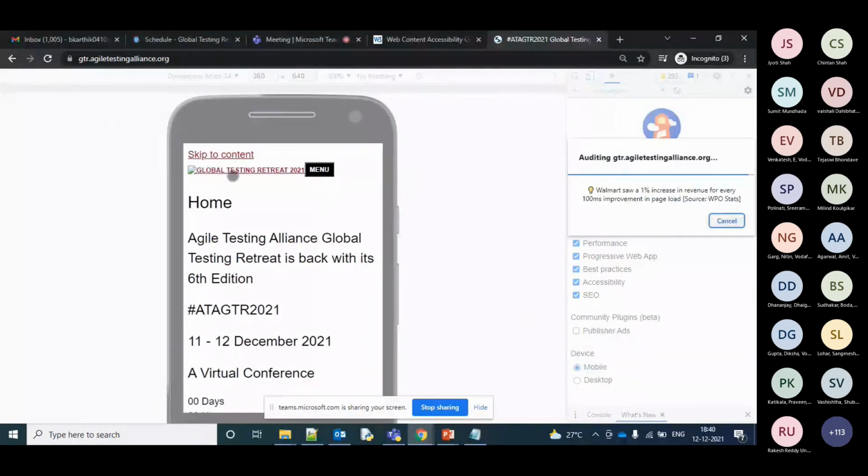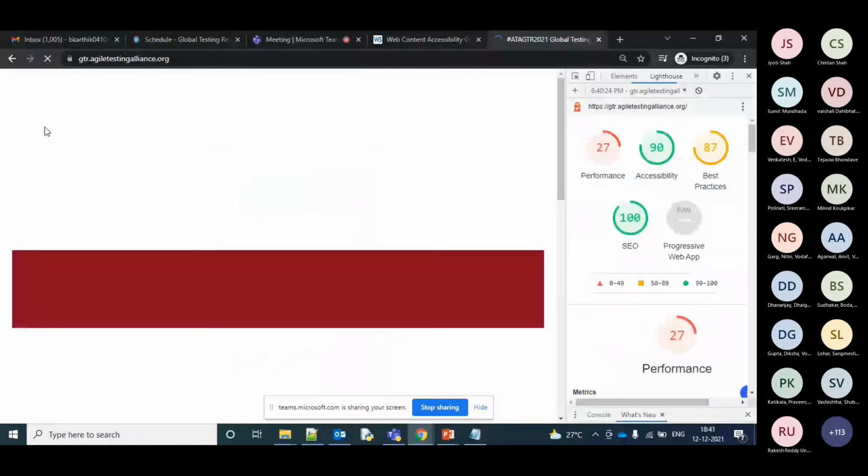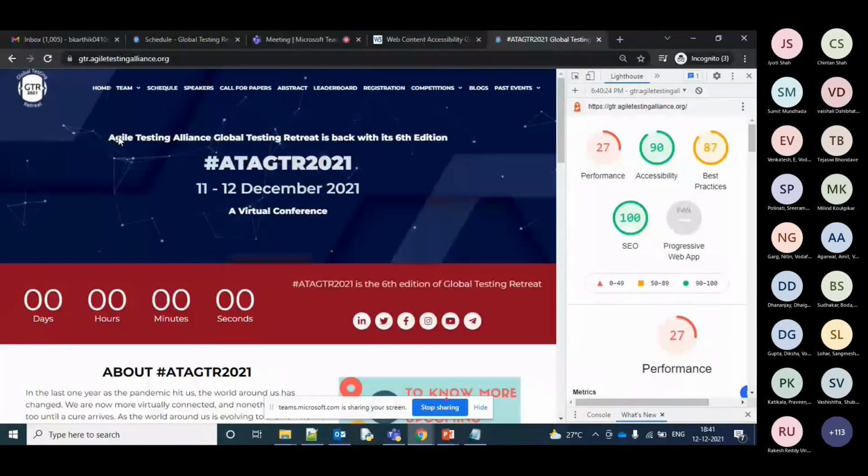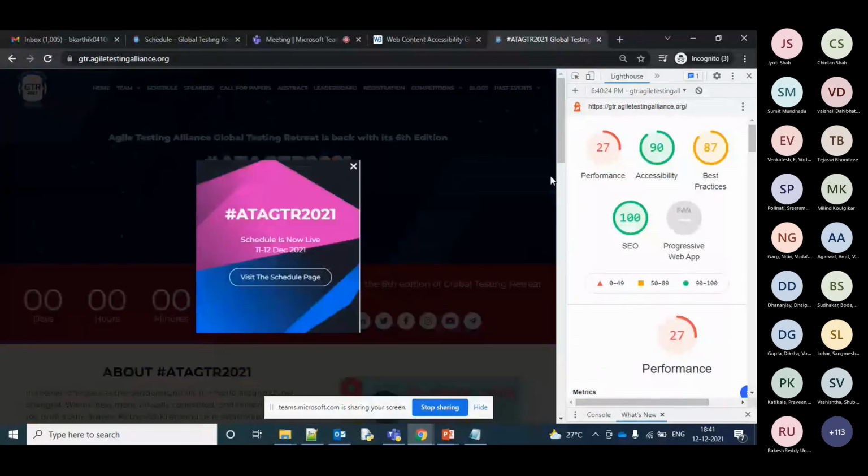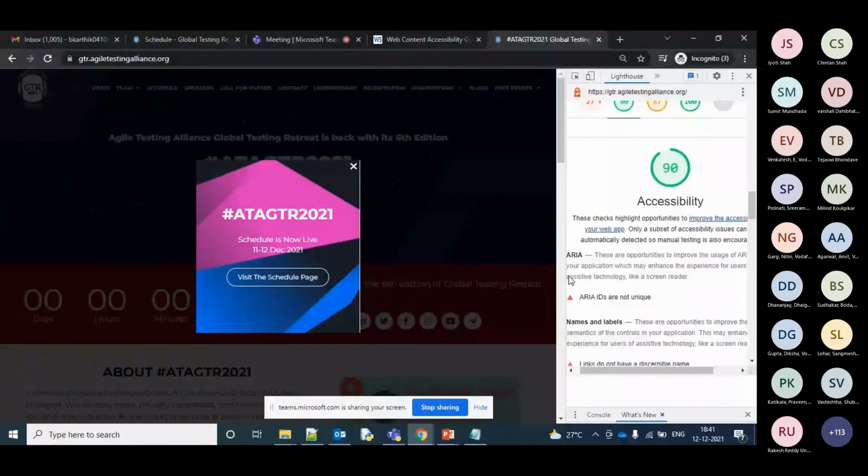Right now it's trying to load the web page on 2G, and you can see they have given the alt text over here. Okay, it went off. Okay, thank God. They have an accessibility score of almost 90, and